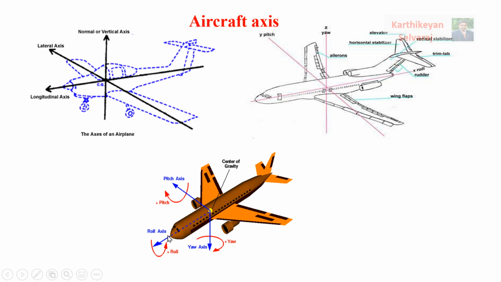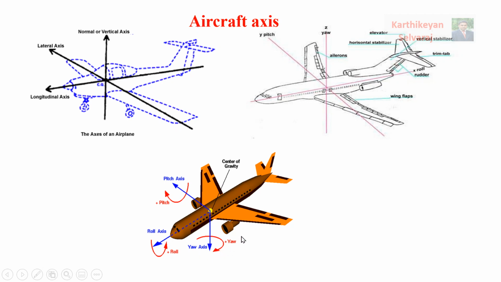Similarly for rolling action, the left side wing comes up and the right side wing goes down. That rotation is called positive rolling. Then the opposite will be negative rolling. Similarly, this is yawing action. When the nose of the fuselage goes to the right direction, you have to sit in the cockpit, you are seeing away from the aircraft. At that time the nose is going to the right side, right direction. So that is called positive yawing.